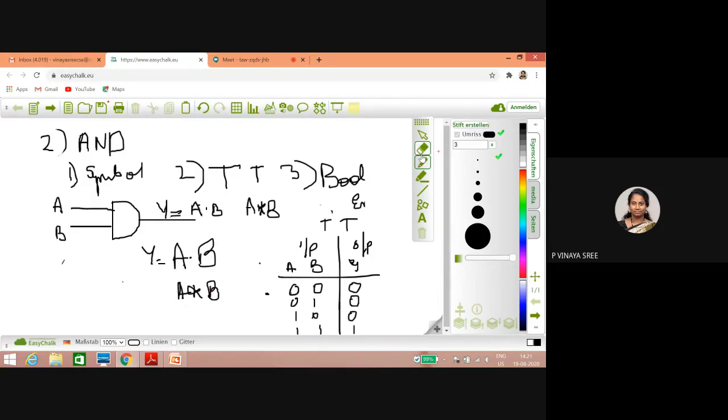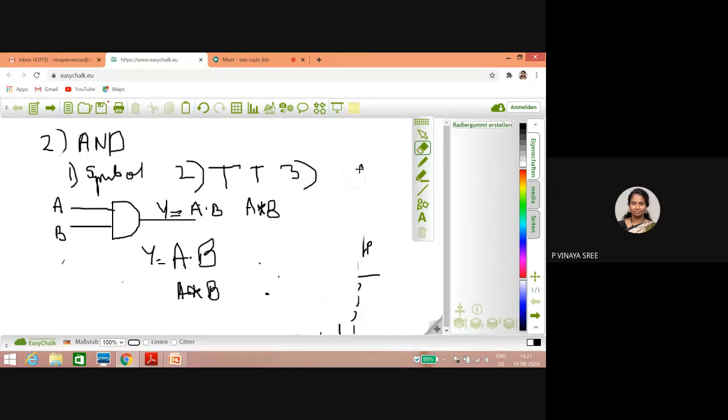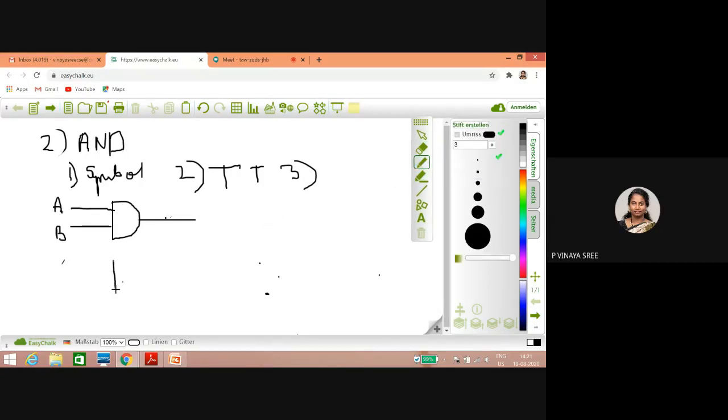Okay, so let me take another example where you will have multiple AND gates. Can you trace out the Boolean expression for that or not? Let me check. Yes, ma'am. So this is one AND gate which is already there. I don't want to disturb that. So below I want to take one more AND gate with 2 inputs. These 2 AND gates I want to attach to one more AND gate for some specific application. As I have given A B here, let me consider the inputs as C D. Now can anyone tell me what the final Y output is?